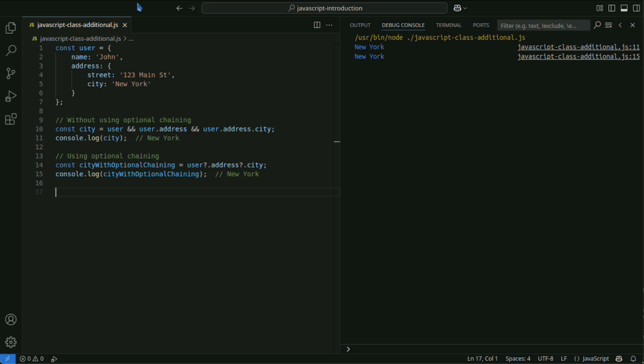In this example, we are accessing the address and its city property of the user object. Without using optional chaining, you would need to perform multiple existence checks, but with optional chaining, you can safely access the property with a single statement. Optional chaining is applicable not only to object properties, but also to array elements and function calls.